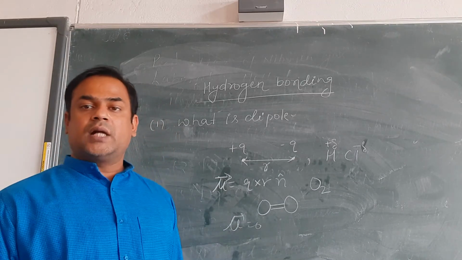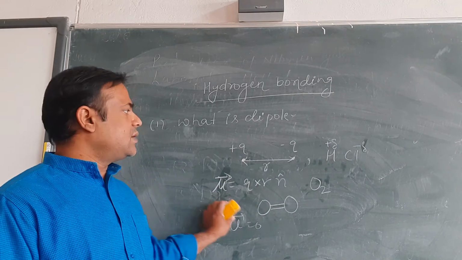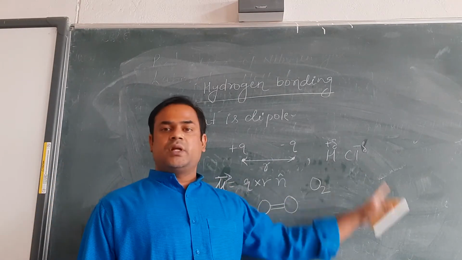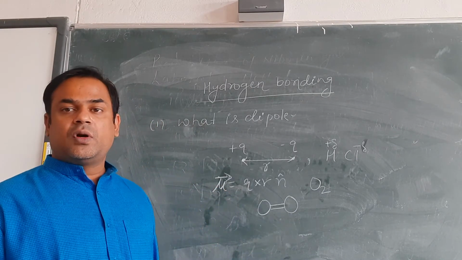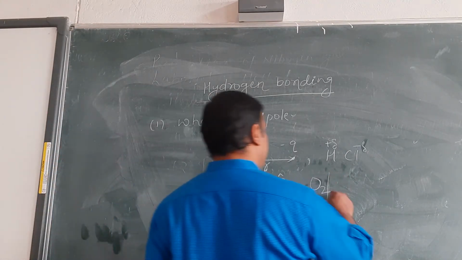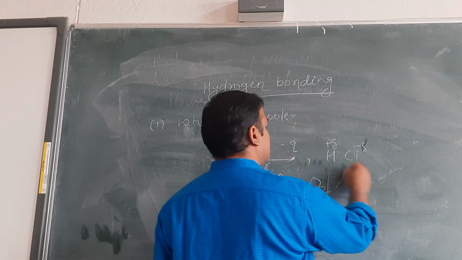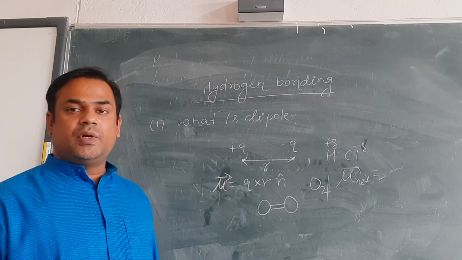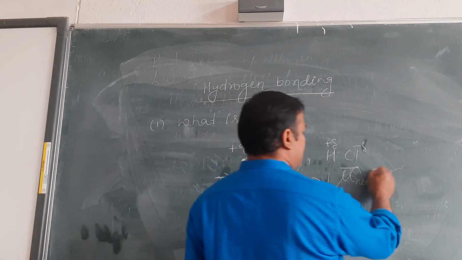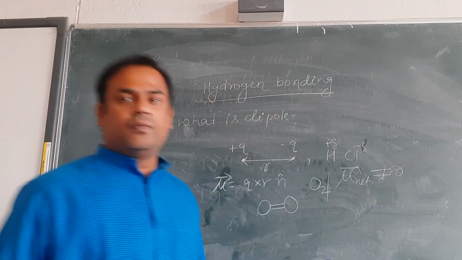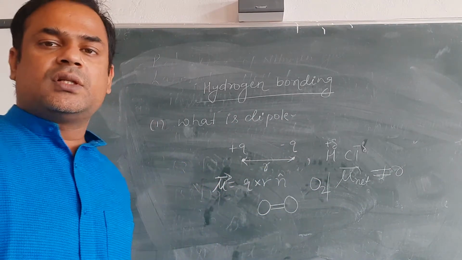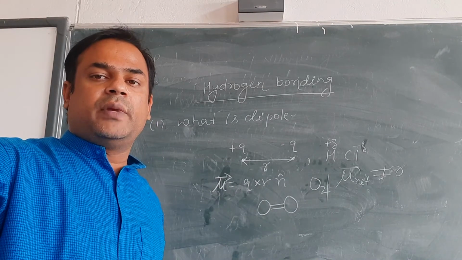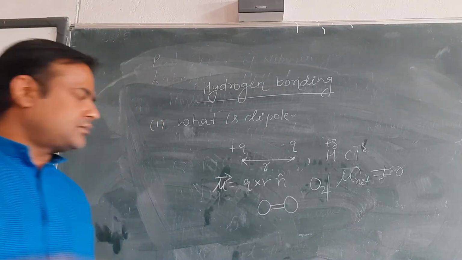But if electronegativity difference exists, for example if we take HCl, here electronegativity difference is present between hydrogen and chlorine, so here dipole moment vector will not be equal to 0. In this case, dipole moment mu net will be equal to charge on one of the atoms into separation between them. So here we cannot say that net dipole moment is equal to 0. In case of HCl, we cannot say that net dipole moment of HCl molecule is 0. Here net dipole moment is not equal to 0.